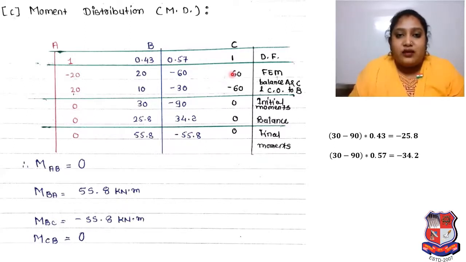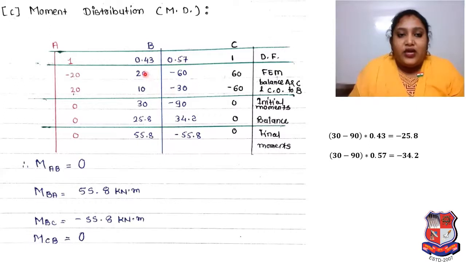Here positive 60 is there, so we add minus 60, then 60 and minus 60 is 0 to balance the moment, because in a simply supported beam the end moment is 0, so there isn't any need to do any calculation. Okay, but as we know, there is the carry forward moment. So here 20 is there, so half of that moment will transfer over here, so here 10, and if here minus 60, half of that, minus 30, will be there. Whatever moment is here, half of that moment will be here. So as per that 30 and minus 30 came.